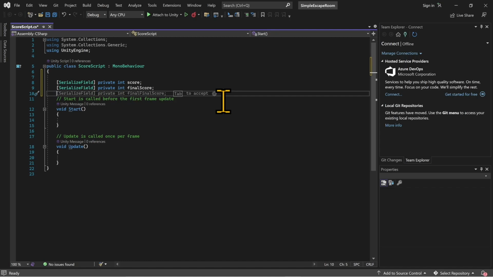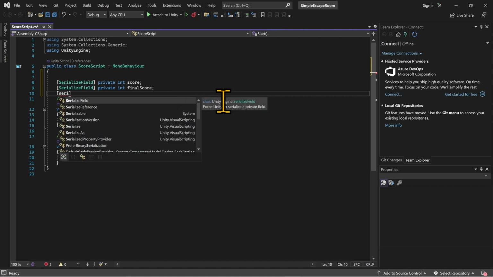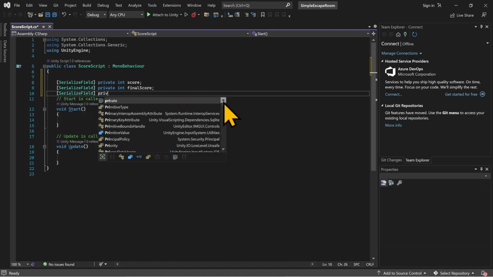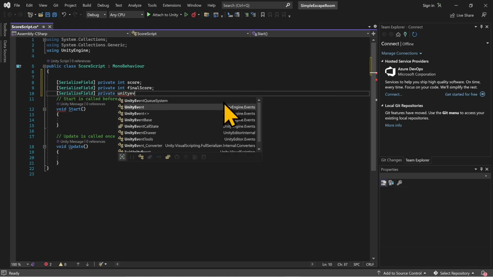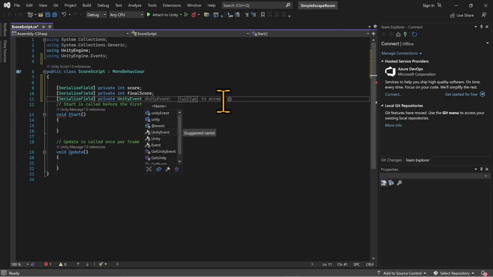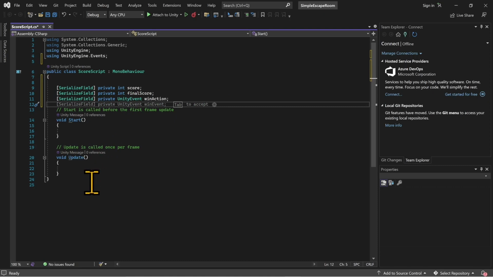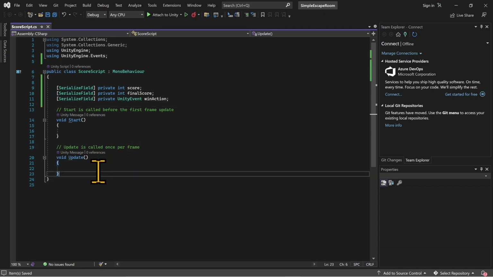Then we are going to say serialized field, private unity event. There we go, unity event. And then we call this win action. So it's saved there, and we're going to write a function to handle our score and what happens when we